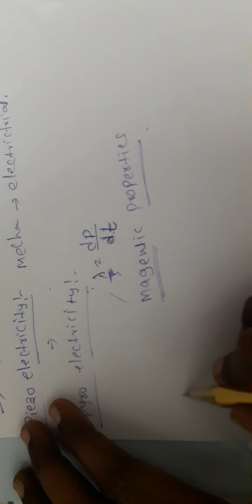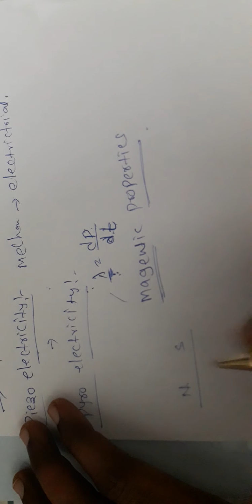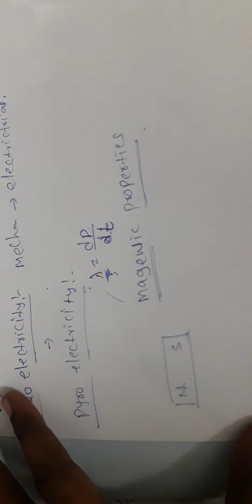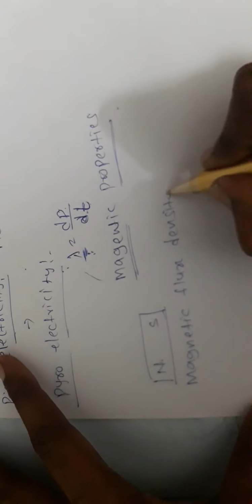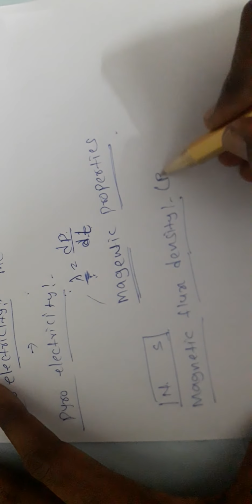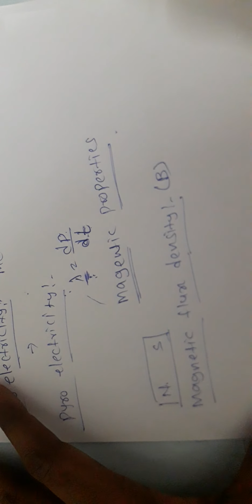Now here we discuss magnetic dipole, meaning north pole and south pole separated by a distance is nothing but magnetic dipole. Now first, magnetic flux density. By comparing it, you can remember easily the electrical dielectric properties and magnetic properties. So magnetic flux density is denoted by B. There, electric flux density is denoted by capital D.